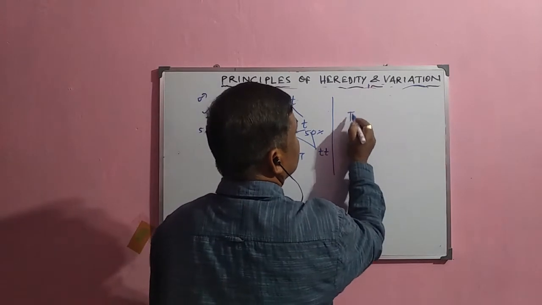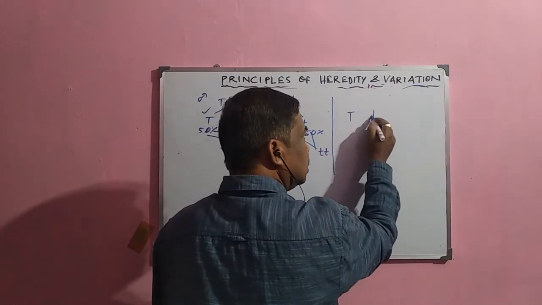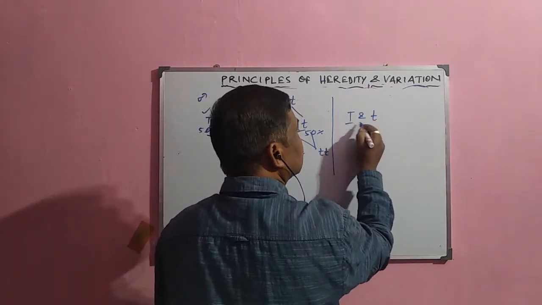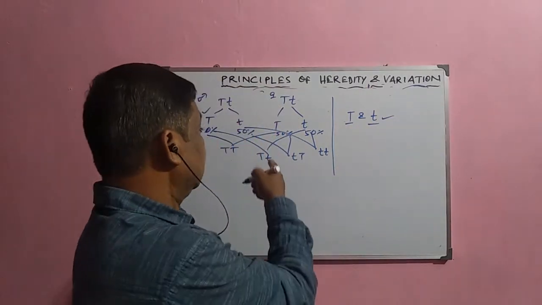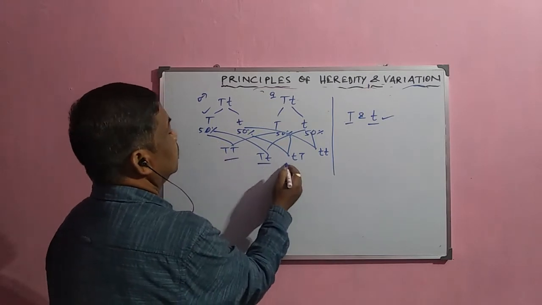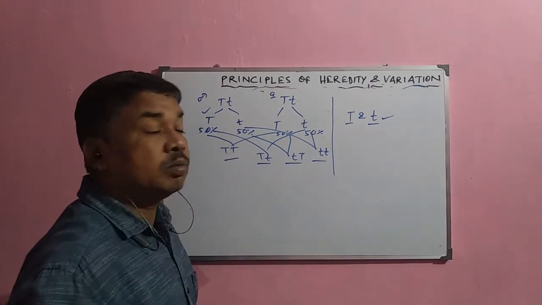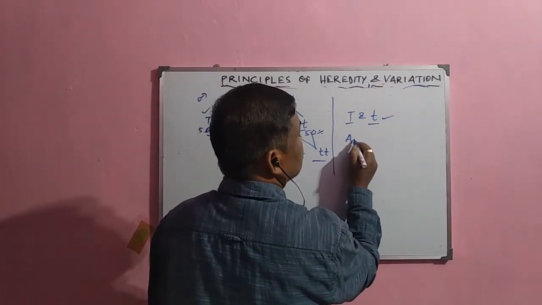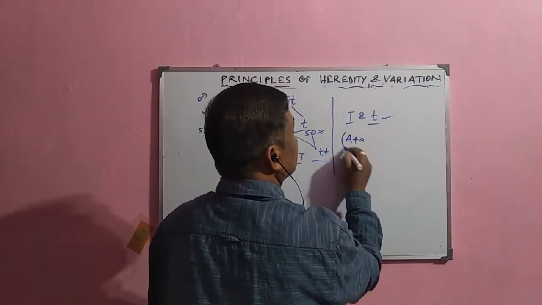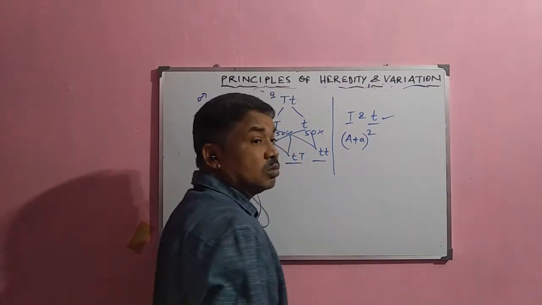One is capital T and another is small t. So when the capital T and small t types of alleles actually combine together to form these different types of combination, and according to him, suppose this is the dominant one, this is the recessive one, and when they cross with one another,